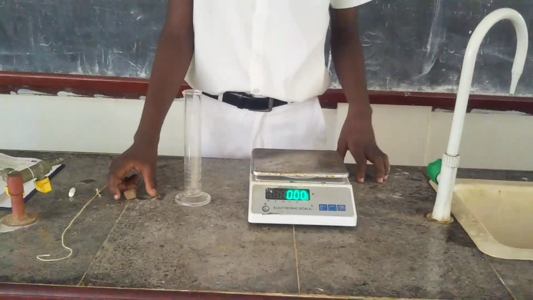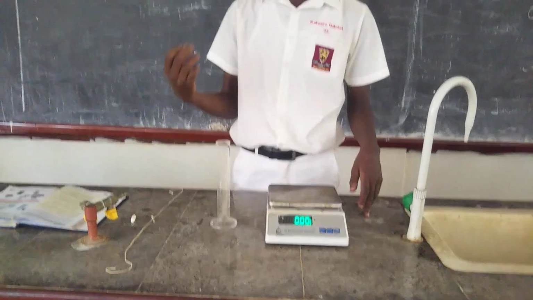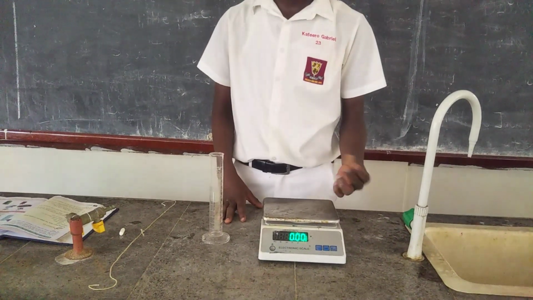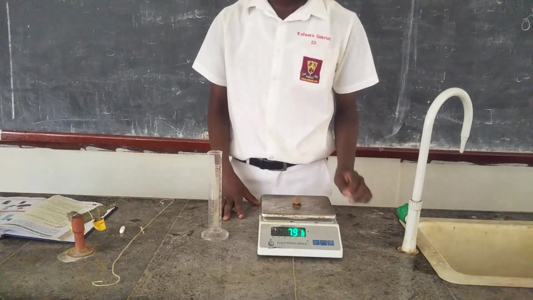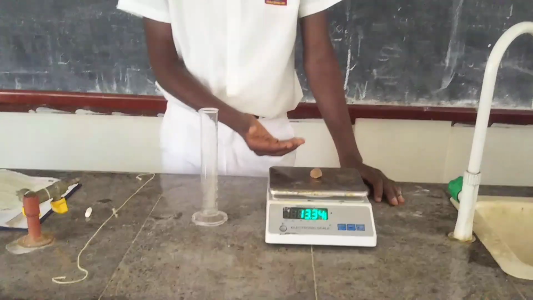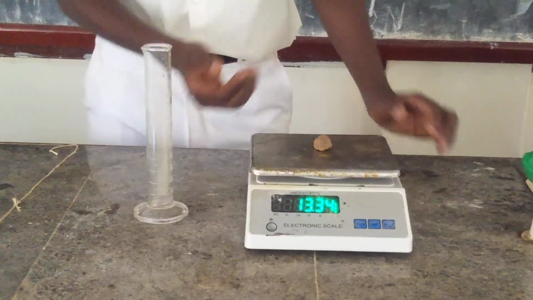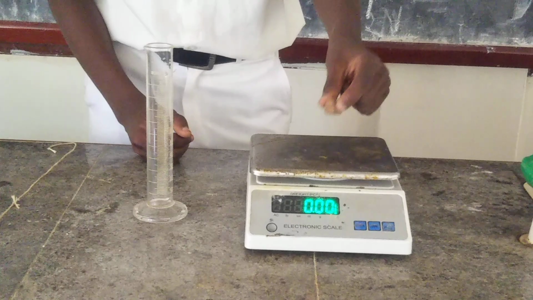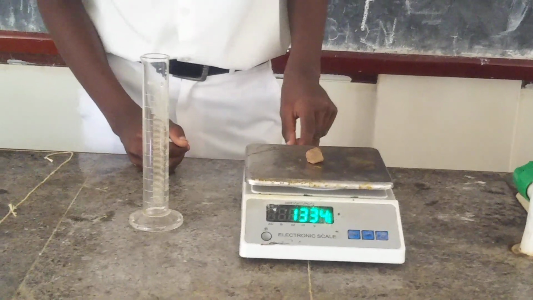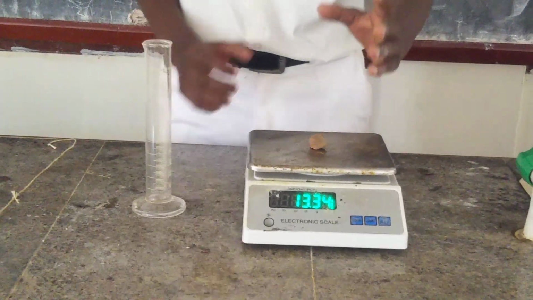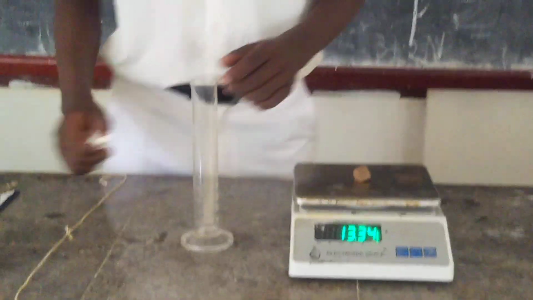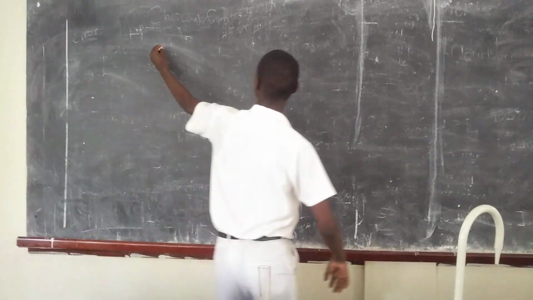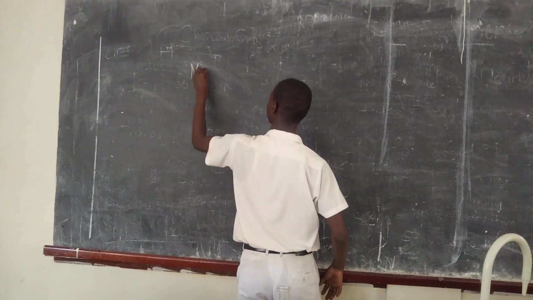So after it has reset itself, I just pick this stone and place it on top of this electronic scale. When I place this stone, it will bring the readings. If I remove this stone like this, it will set itself back to 0. When I place it back, it will bring the mass of the stone. So after giving us the mass of the stone as 13.34, I can say here the mass of a stone